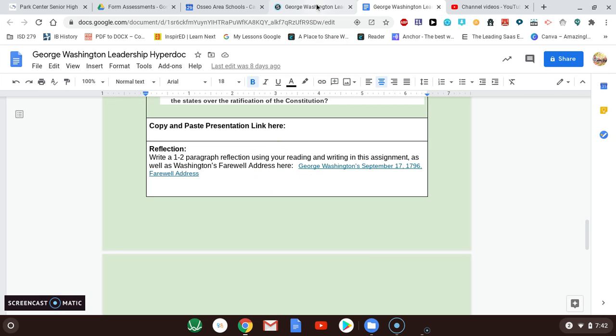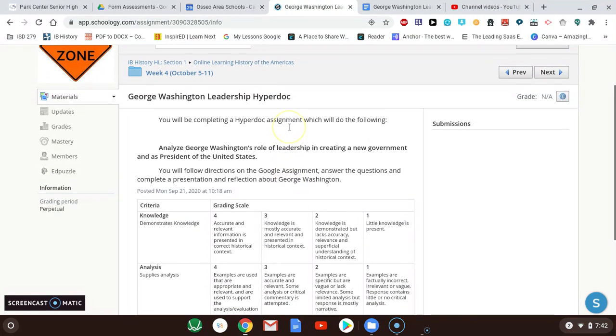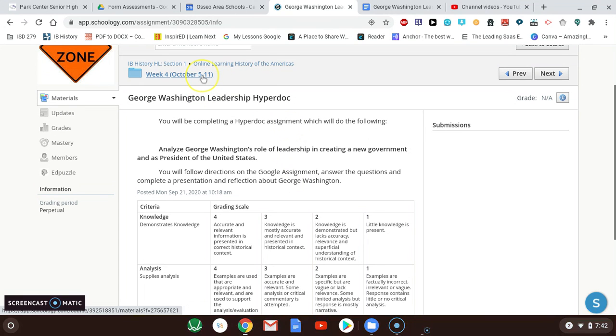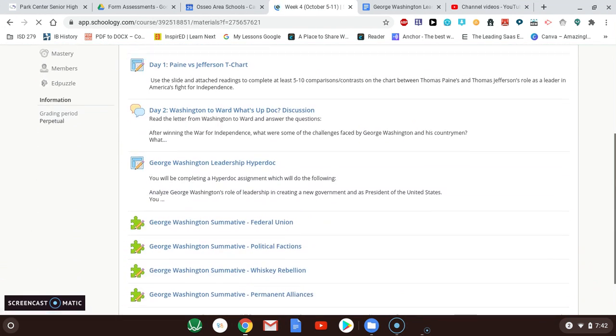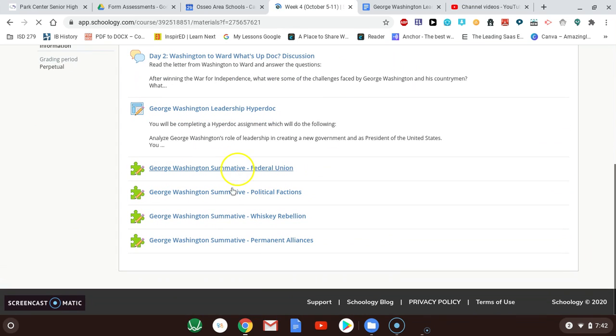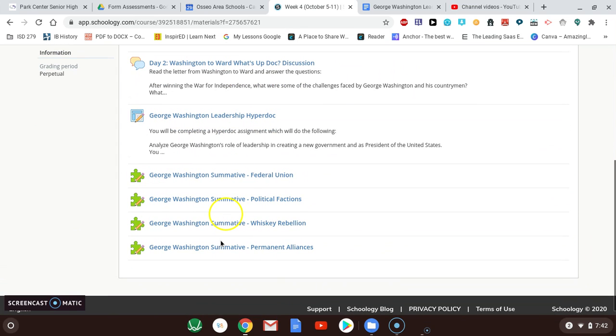All right, and that is going to be a summative assignment. It will be due on Sunday. All right, that pretty much wraps everything up, except for the fact that there will also be a summative essay you must write. And that essay will basically be chosen for you, and you will be put into one of these 4 groups to complete an essay that must be turned in on Sunday.